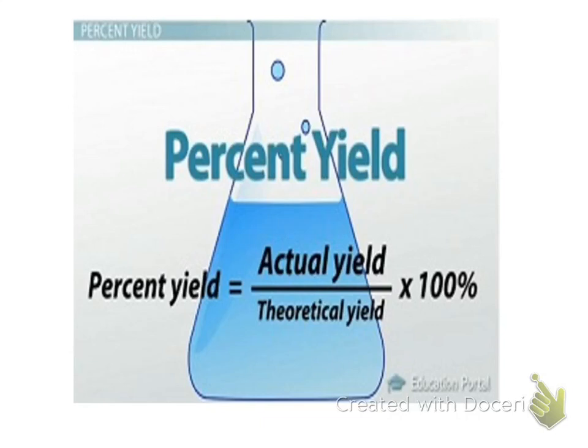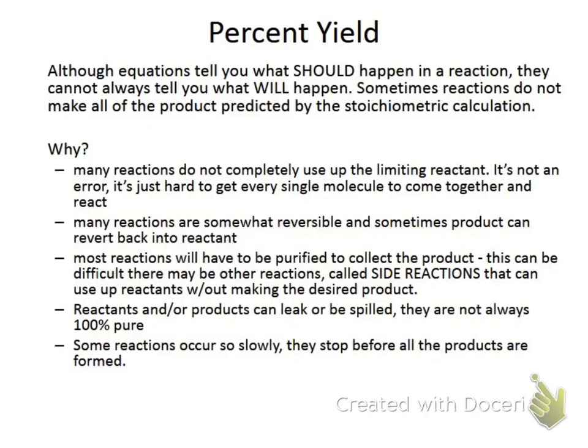And so whether you're at a refinery and making jet fuel where you have your feedstock, you want to know what's your percent yield. How am I making as much as possible out of my feedstock? Or you're at the Oreo factory and you put all your ingredients in there and you want to make Oreos, okay? The more you can make for the reaction, the better and more money you make. So that's where percent yield comes in. So what we've been calculating so far is theoretical, okay? Here are several reasons why you don't get 100% yield, okay?